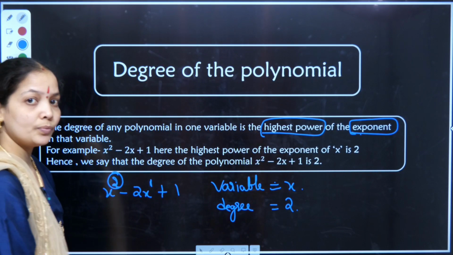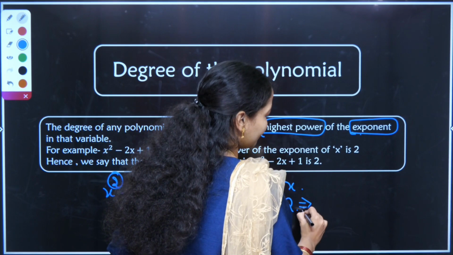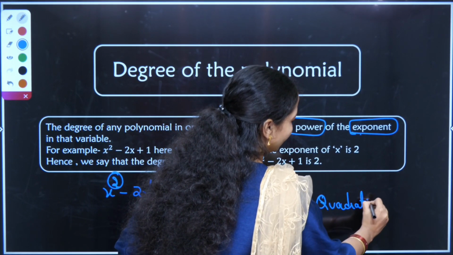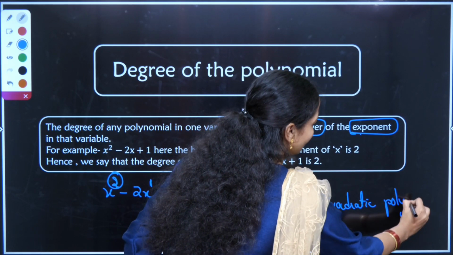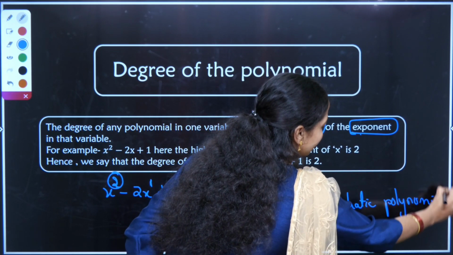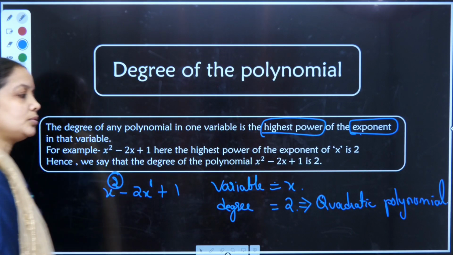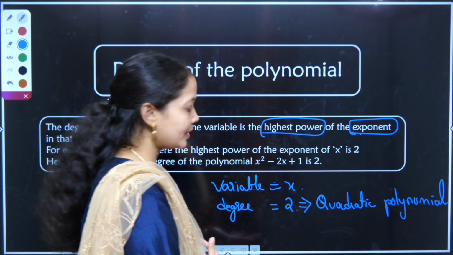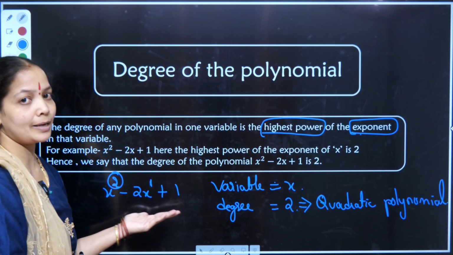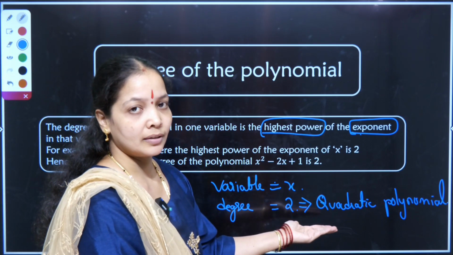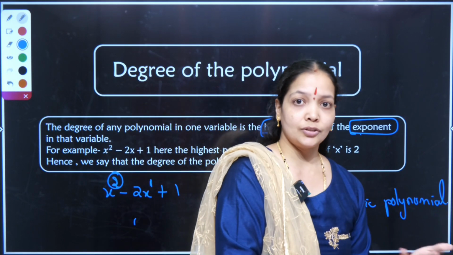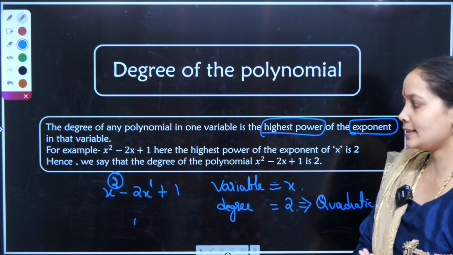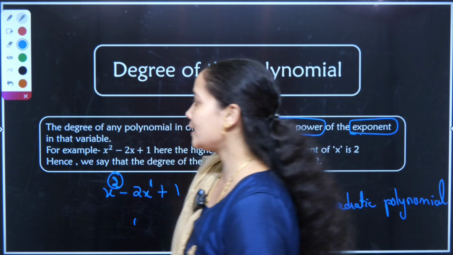When the degree is 2, we have a special name called quadratic polynomial. There are particular names, as your parents might call you with particular names. चिंटू, मुंटू, सोनू, टोनू सभी बुलाते हैं. उसी तरह से पॉलिनोमियल का भी एक स्पेशल नेम है. When the degree is 2, उसका नाम हो जाएगा क्वाड्रेटिक पॉलिनोमियल. सो डिग्री 1, 2, 3, 4 के हिसाब से उसका अलग अलग नाम है, वो भी हम पढ़ेंगे इसी स्लाइड में. पहले पहचान लेंगे कि डिग्री क्या है.